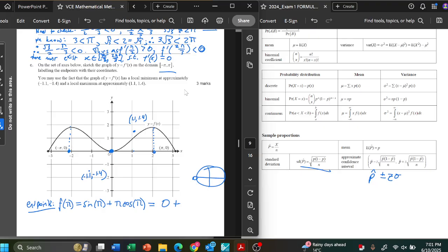And cosine pi is actually negative 1. So that is 0 minus pi, which is negative pi. And then f with an input of negative pi, the other endpoint, that's sine negative pi plus pi cosine negative pi. So once again, sine negative pi is 0. And cosine of negative pi, that is going to be,